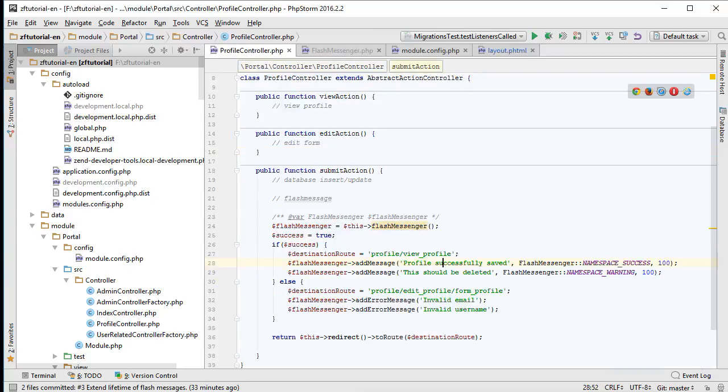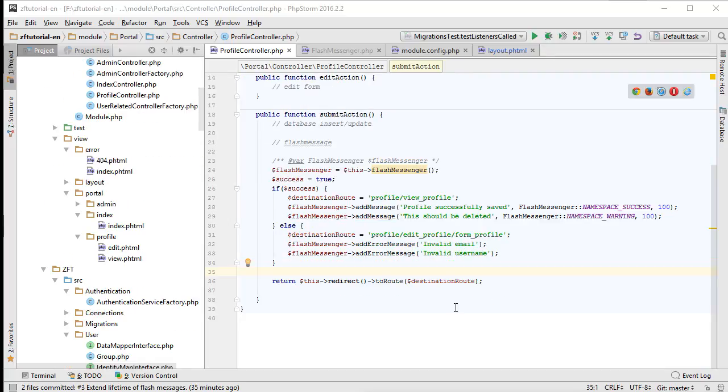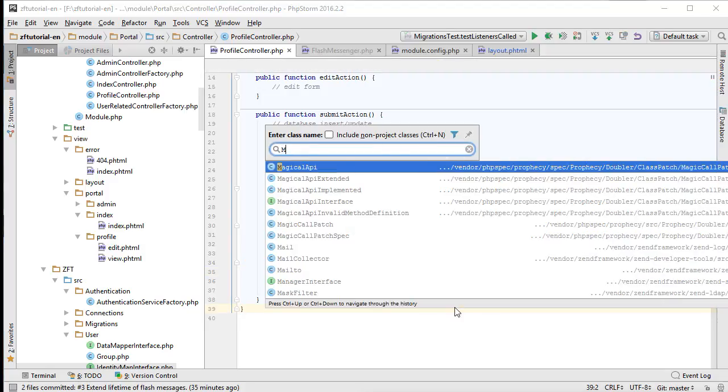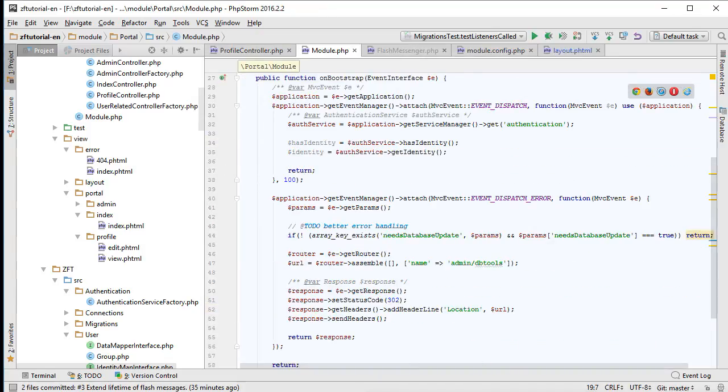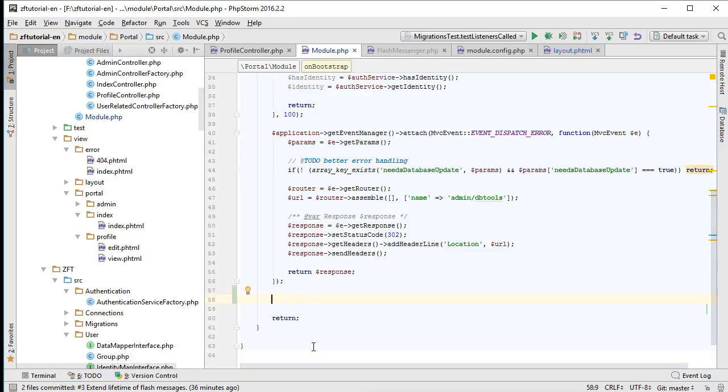It's just a set of messages being sequentially entered into the FlashMessenger, and who knows how it keeps track of them. Well, I actually do know, and I'll show you how I figured it out so you can solve similar problems on your own. Let's go over to the module for the portal. This will be a good place to catch the cookies that are coming from the front end,